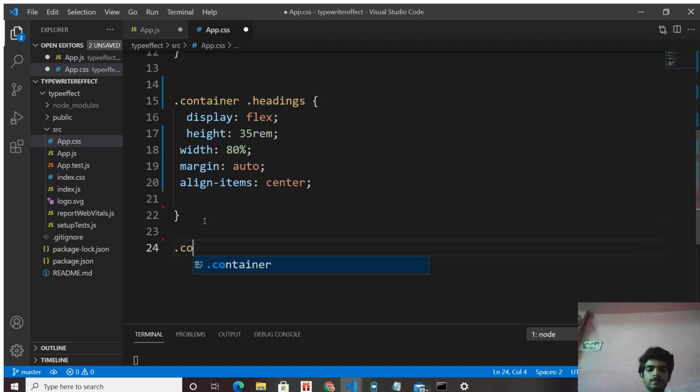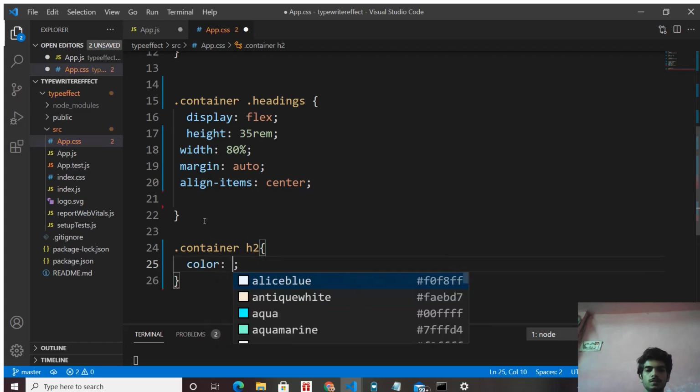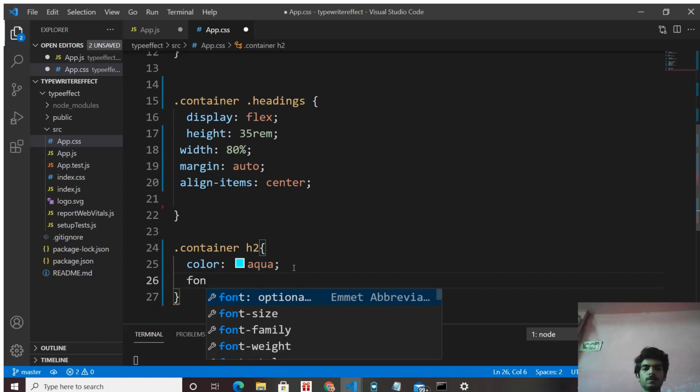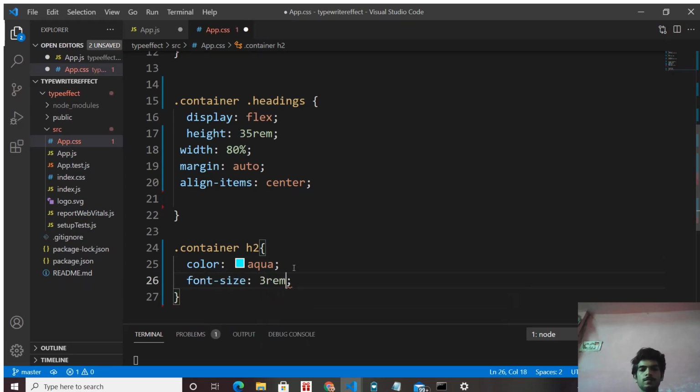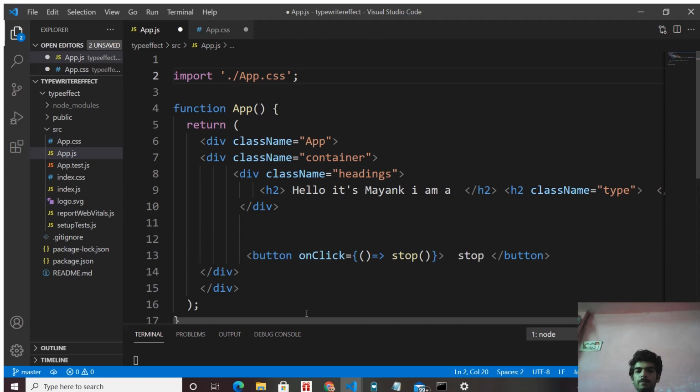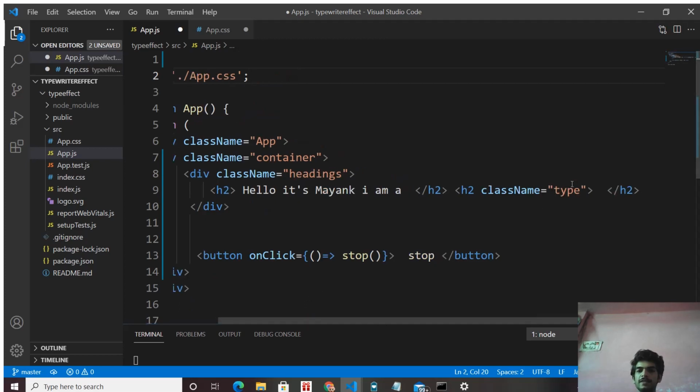Now select our h2. Give color aqua, font size 3rem, text align center. Now let's select our typewriting class, that is type, which we have added.